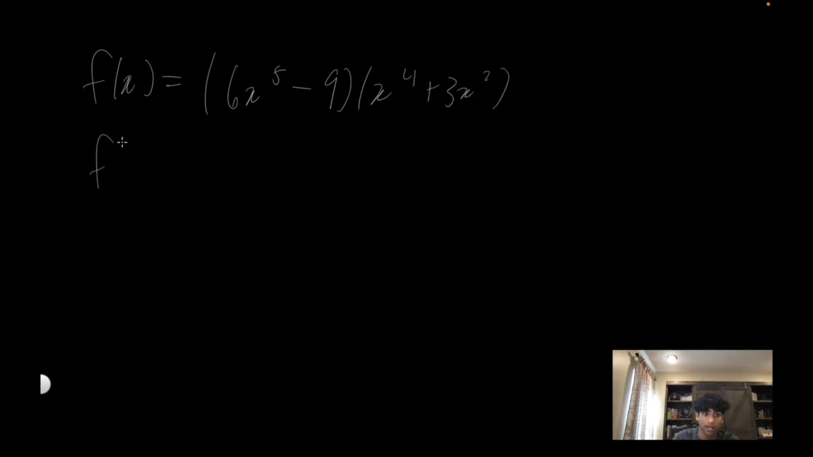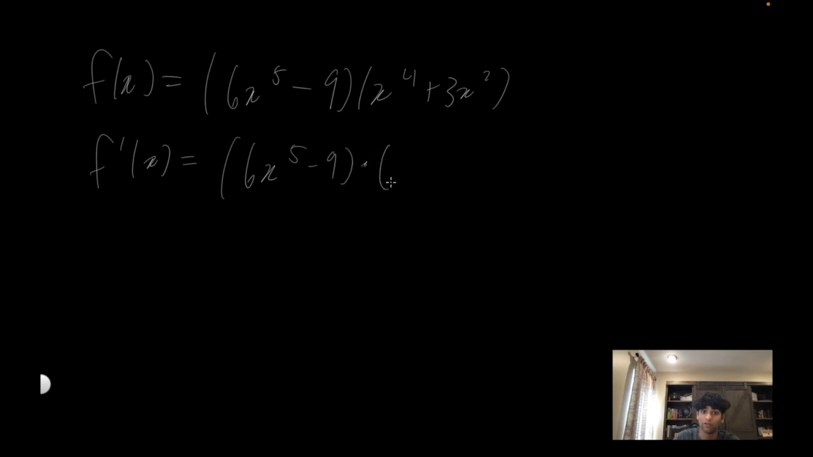Now let's move on to our last example. Let's say that f of x is going to be equal to 6x to the fifth minus 9 times x to the fourth plus 3x squared. Let's find f prime of x using the product rule once again. Again, as you probably have recognized by now, we leave the first function as is, so 6x to the fifth minus 9